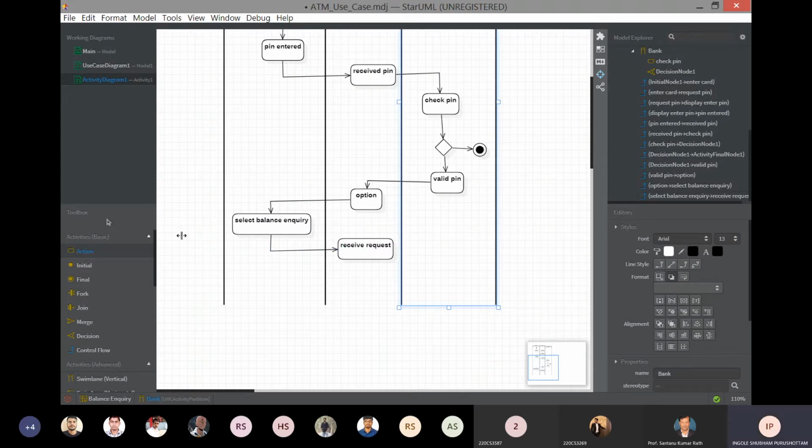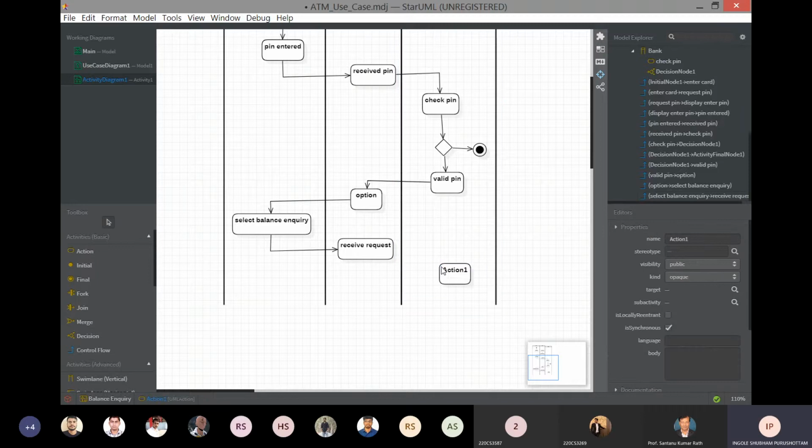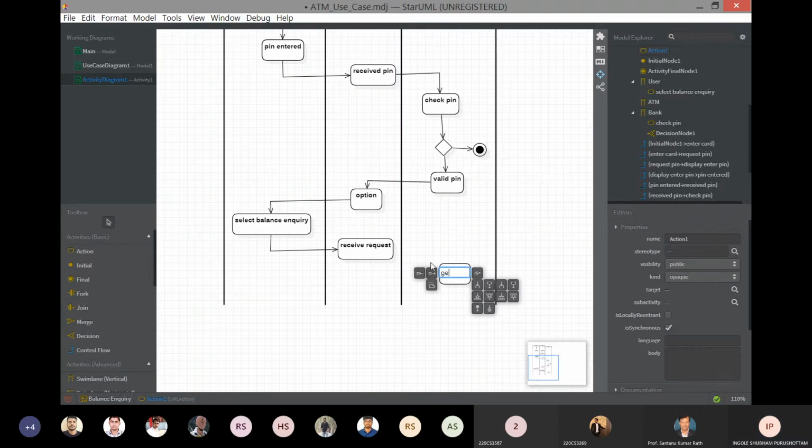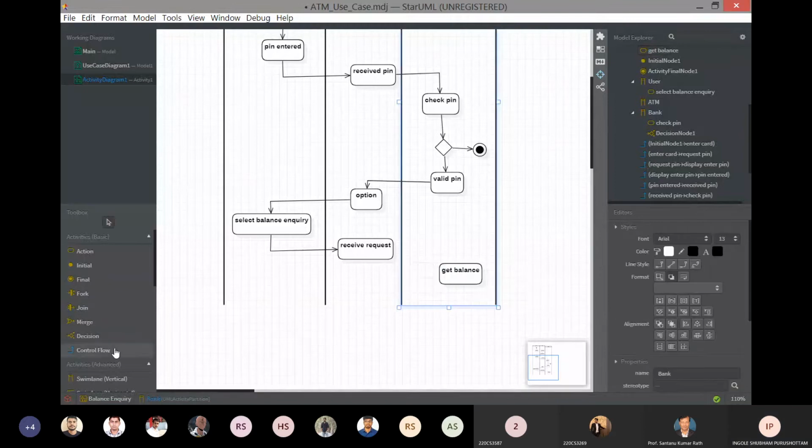Then it will get the balance available in the account. Get the balance. The control flow will go on.